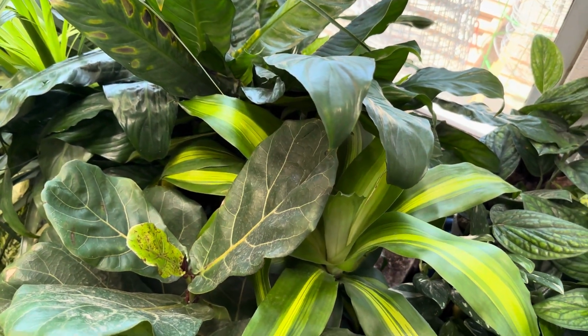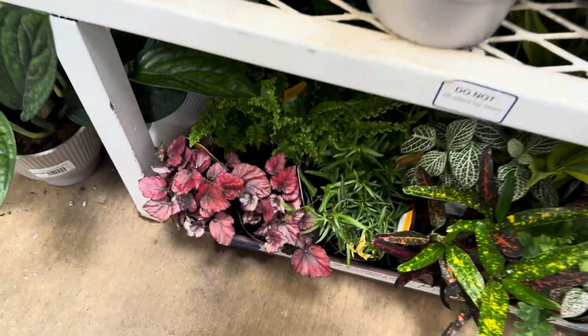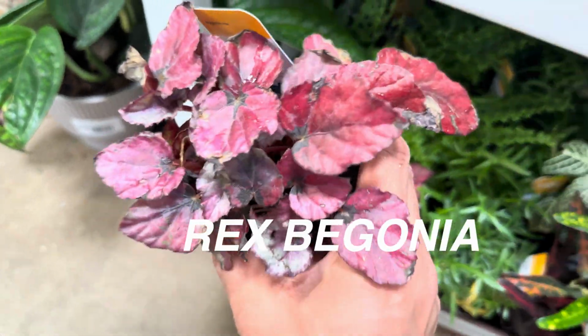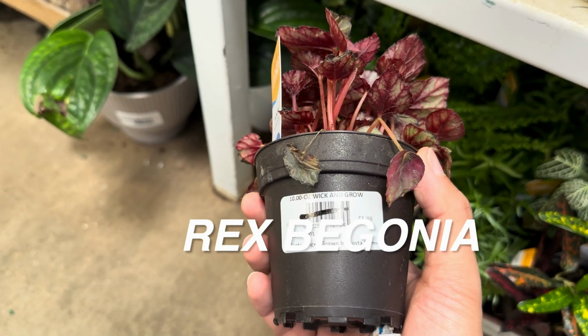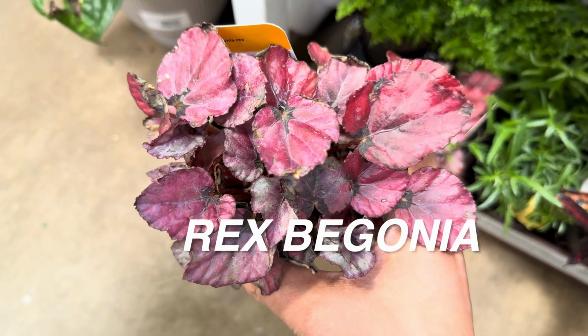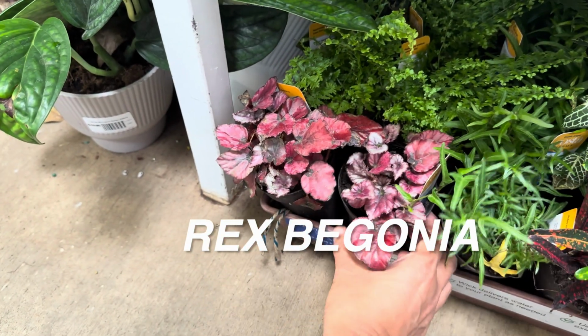And speaking of easy to care for plants, we have a Dracaena right over here, and we just have more plants to pick from. You can see right over here, this is a begonia, a Rex begonia, so it doesn't have a specific plant ID. This one was originally $5.98, but you can see that there is a marker across the barcode. That signifies that this plant is actually 50% off. So if you are looking to save money